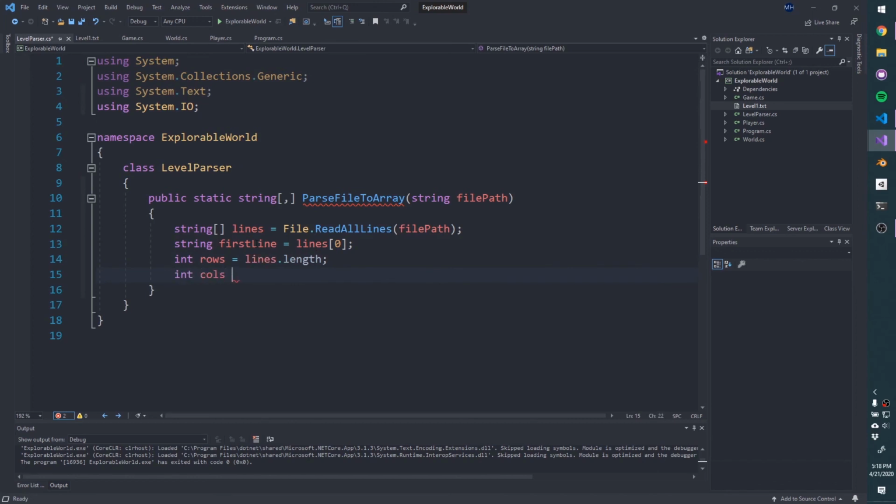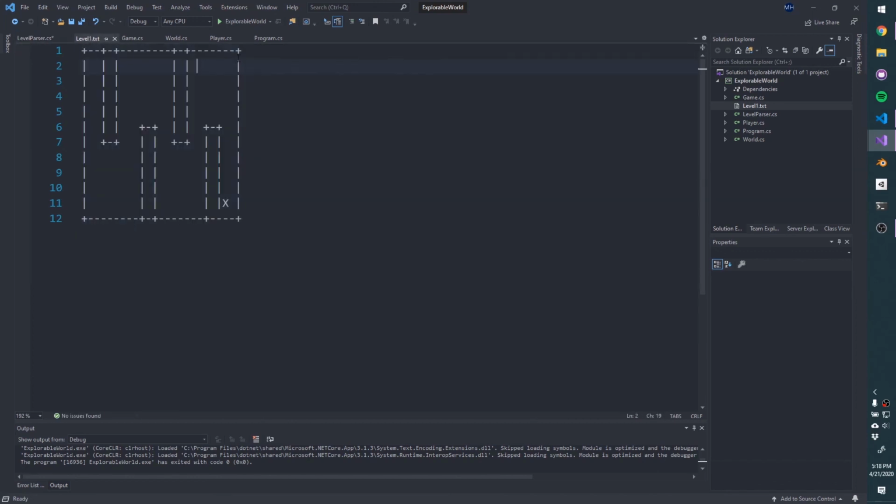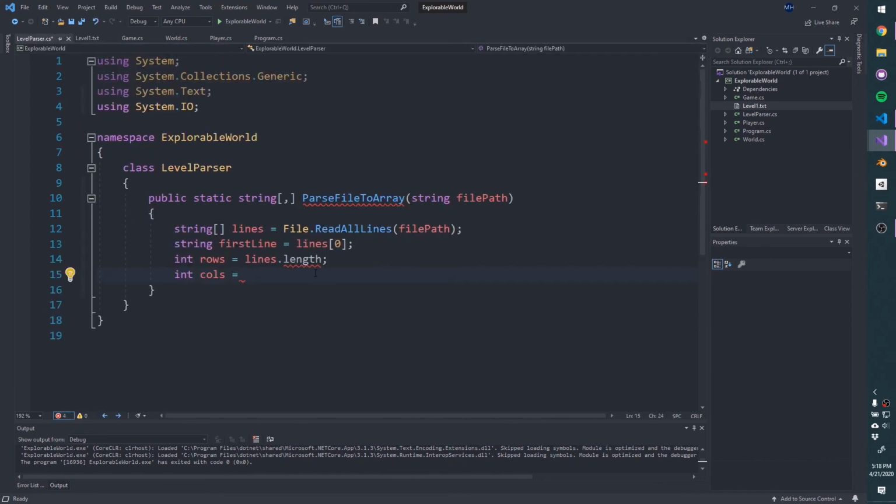The number of columns is equal to how many characters are in each row. So we can just grab the first line and ask for its length. First line dot Length. And let's fix this error. This is supposed to be a capital L. And now we have enough information to go ahead and construct our grid and set it equal to a new array where we tell it how many rows and columns we have. So we're going to return that grid